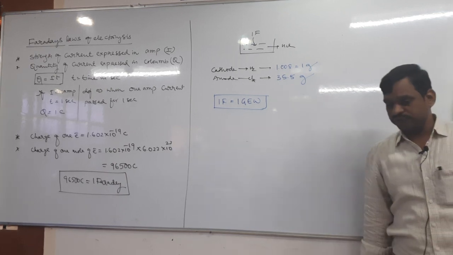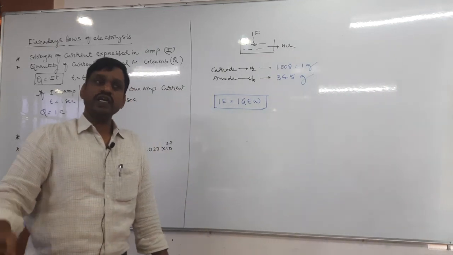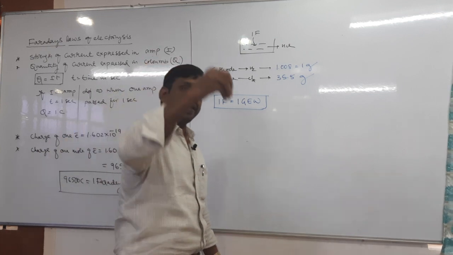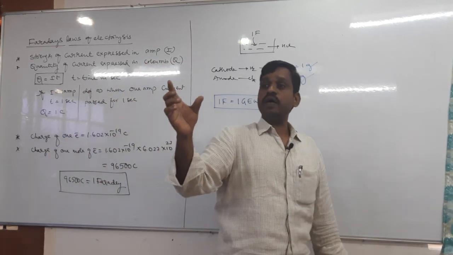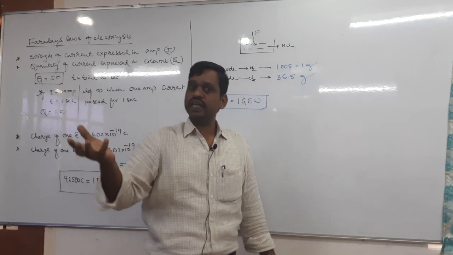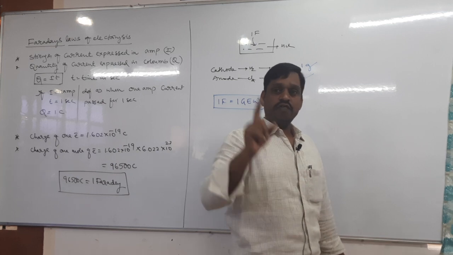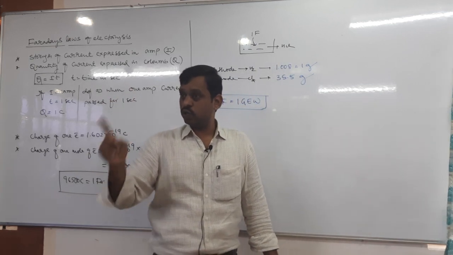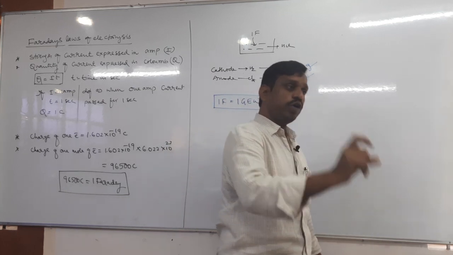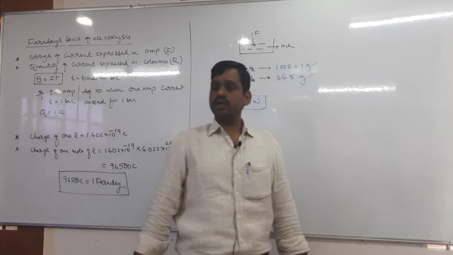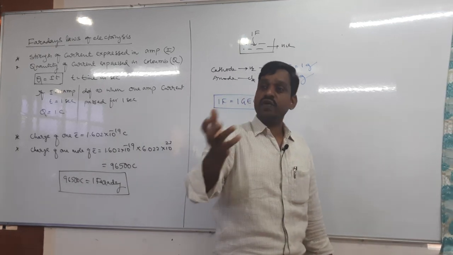Similarly, one more example. Let us take molten NaCl. When current is passed through the molten NaCl, what is deposited, what is liberated? Sodium is deposited at the cathode, because it is a cation. Chlorine is liberated at the anode. Now the question is, if I pass 1 Faraday of electric current through the molten NaCl, how many grams of sodium and how many grams of chlorine are deposited? So 23 grams of sodium, because of equivalent weight.